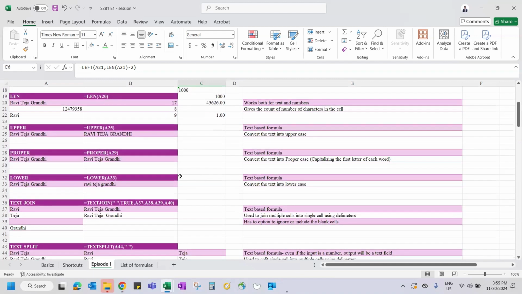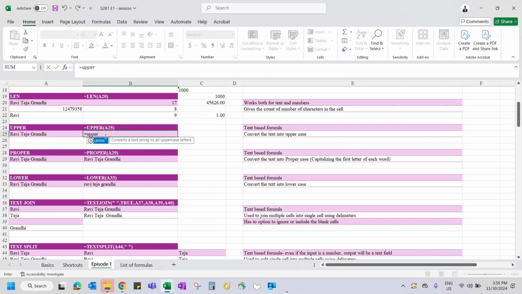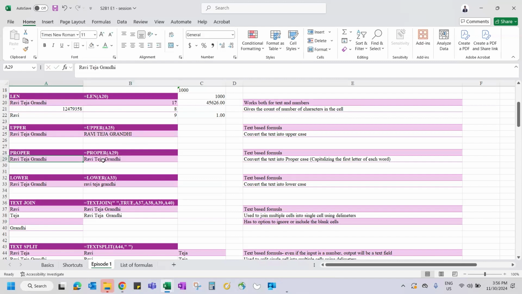Yeah, thanks, Ravi. So the next options which we're discussing will be UPPER, PROPER, and LOWER. This is just a formatting thing, I'll say. And again, these are text-based formulas. Here what we are trying to achieve is, for example, the input which we get is proper or some normal characters. If you want to convert everything to uppercase, then you can use UPPER: just equal to UPPER and select the cell. It will convert everything to uppercase. And if you want to properly align that,